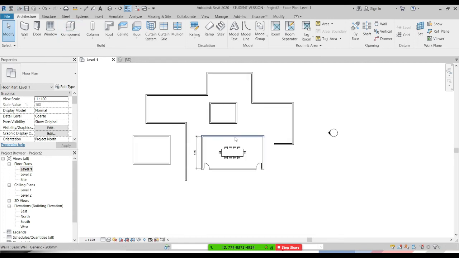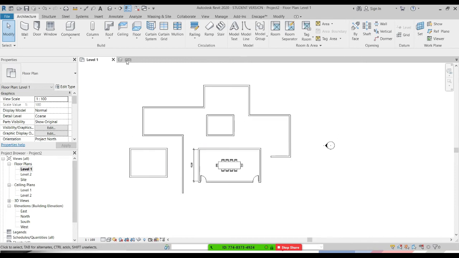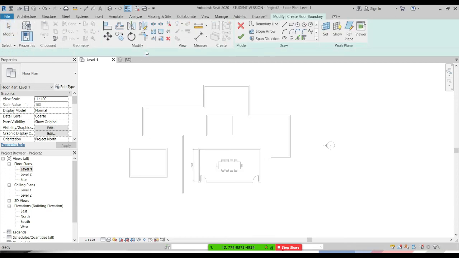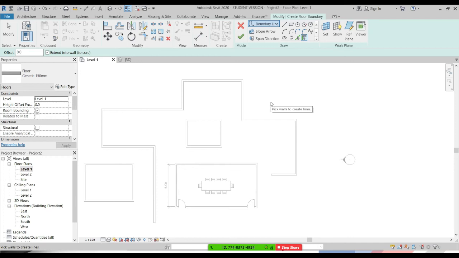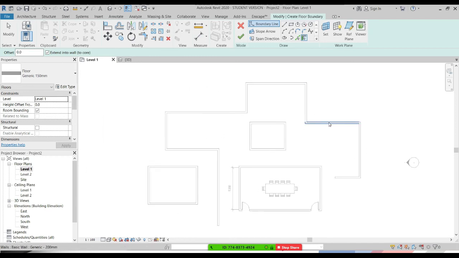So going back to our plan view, now I want to create something different. Let's say a floor. And for floors and similar elements like ceiling, roof, floor, railing as well, these are all sketch-based elements. What I mean by sketch-based elements is when I create a floor, it goes into a sketch mode. Inside this sketch mode, everything is gray. I cannot select anything. I have to create the sketch for my floor,